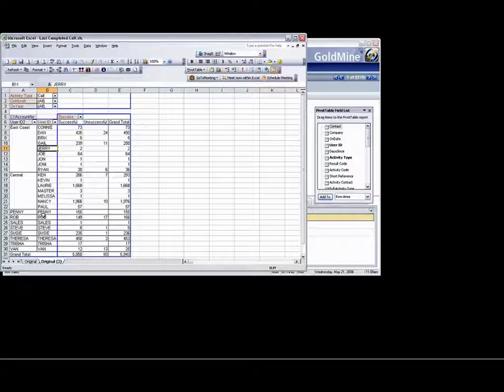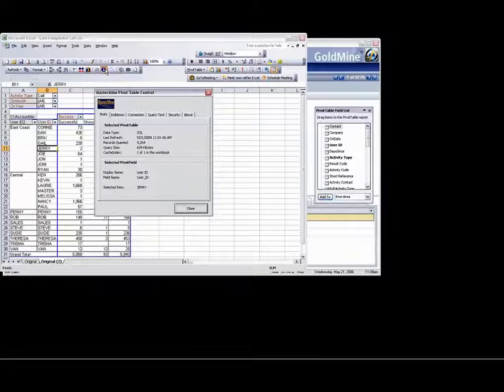I think that's it on the grouping part. In what we call the info box, the dialog that I've put quite a lot of work into